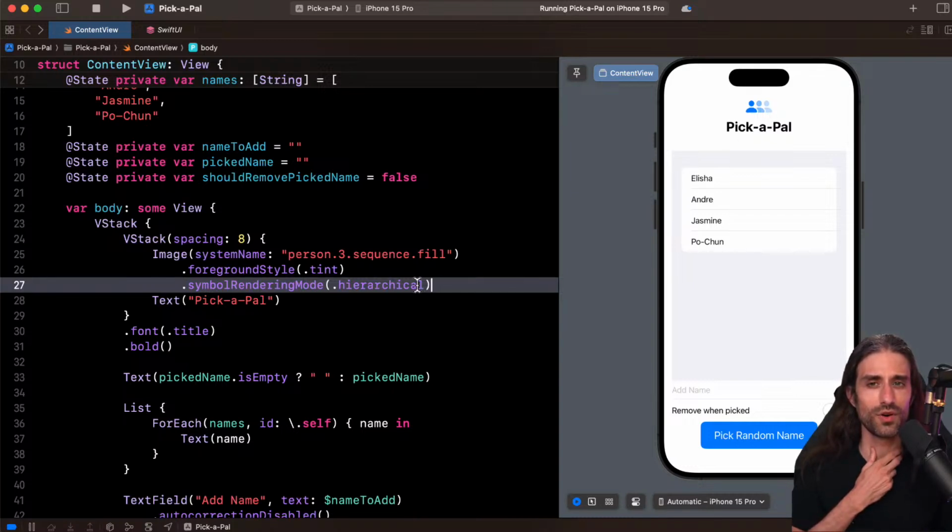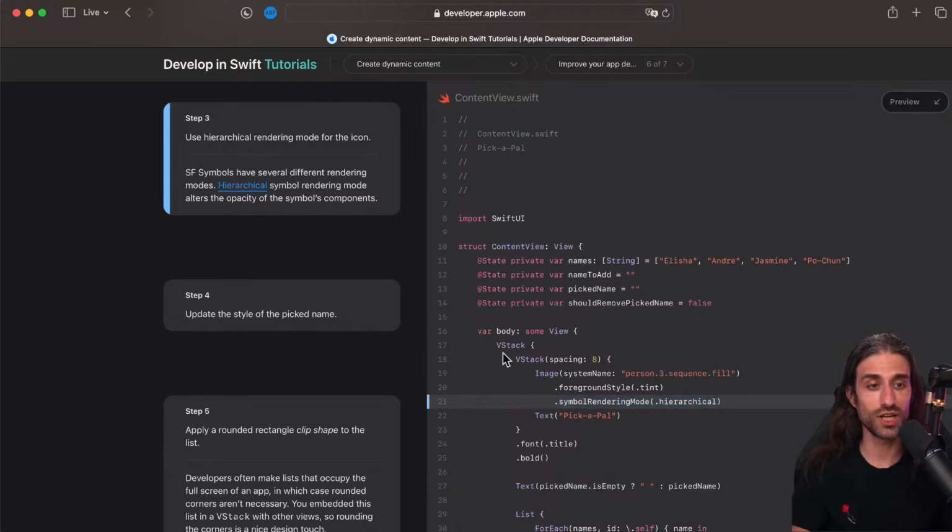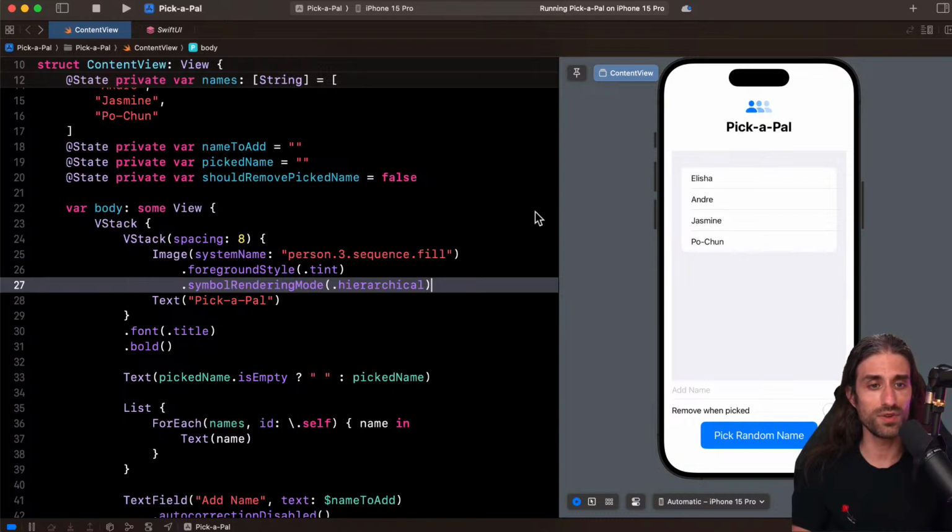Last time, I think we saw how you can also give a different color to each of the elements inside an SF Symbol. Now we see that we can also give them different opacities, so it shows you all of the power, once again, of SF Symbols, which are quite a powerful feature of SwiftUI. Some people really call it the hidden gem of SwiftUI, because SF Symbols make it possible for you to design a good-looking app without having any designer resources and skills, and that does a great job at lowering the barrier of entry to creating a simple but functioning and visually appealing iOS app.